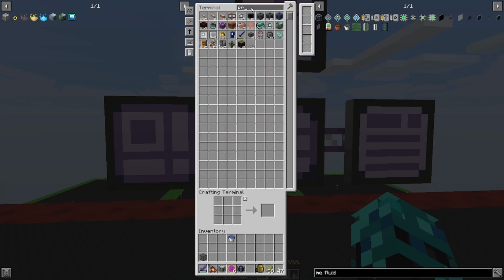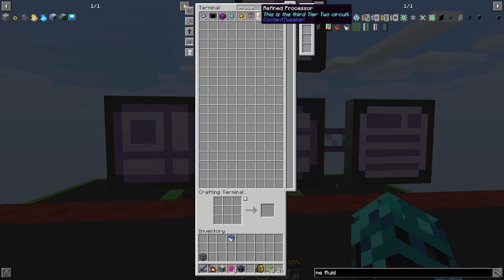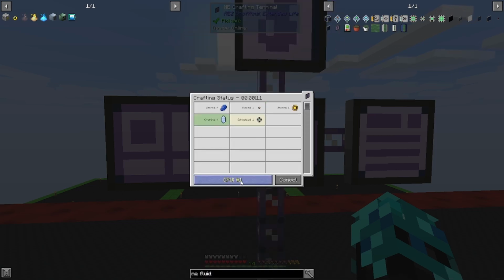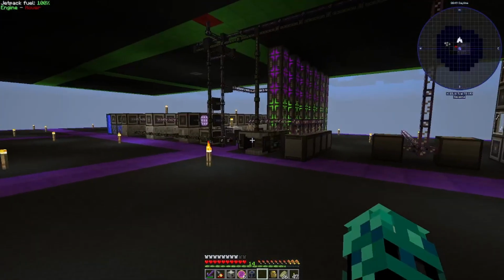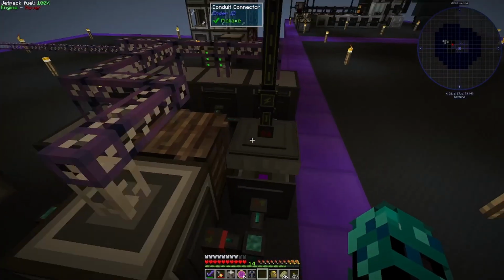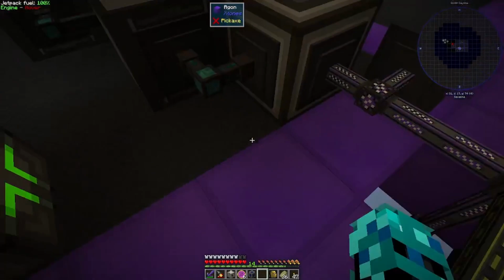And it shouldn't take all that long. In the meantime, we'll tell this to make a few spare logic processors and let that craft away in the background. There you go, nope, that's the standard one. Why is fluid taking that long? It's making some pure Certus quartz, which I think should be pretty instant. Let's just have a quick look down here, because the pure Certus quartz should be going into the